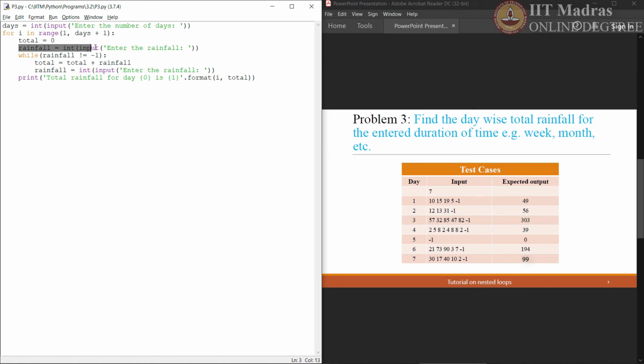Accept the first value of rainfall for day 1. Then keep accepting such rainfall values for each day until we get -1. Keep adding these rainfall values into variable total. Whenever we get -1, we will stop the inner iteration, which is this while loop, and then this particular print statement